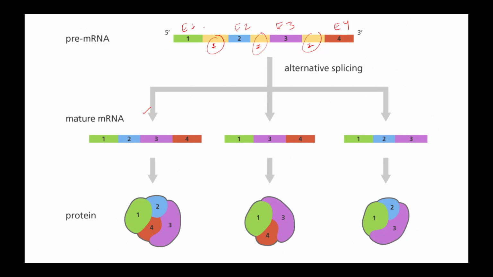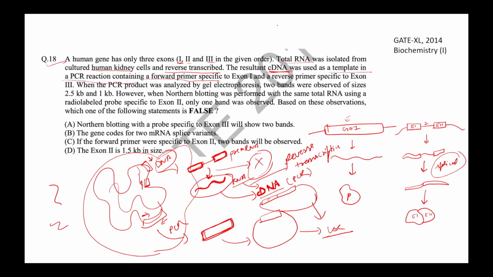So in the splicing process, what has happened is this entire chunk has been removed. Along with the intron, this exon portion is also removed, and now the mature mRNA looks like this, 1, 3 and 4. So now this will make another functional protein that might have a different function or a similar accessory function, but this protein and this protein are two different proteins now because of the different sequence and structure and maybe function. Okay, similarly in the fourth one you can see 1, 2, 3 are in continuation,